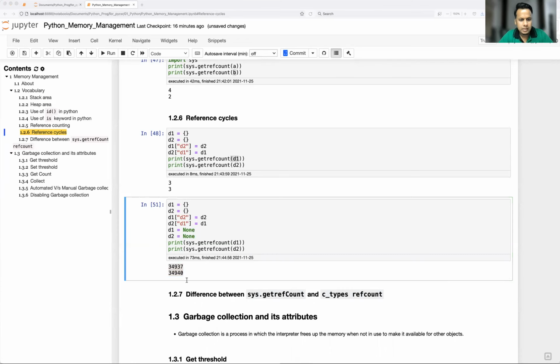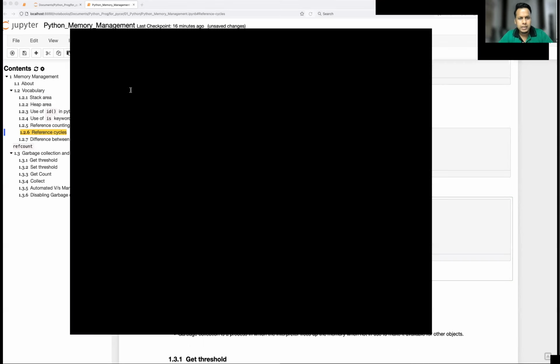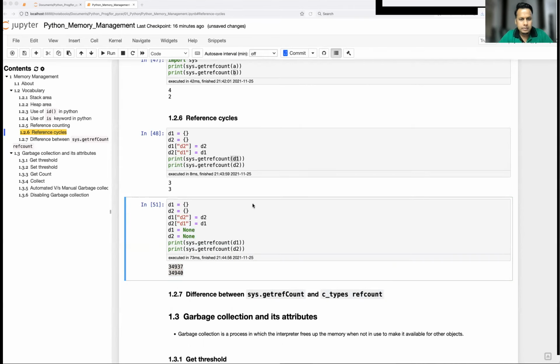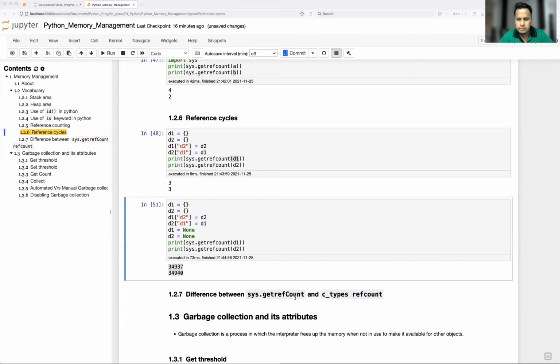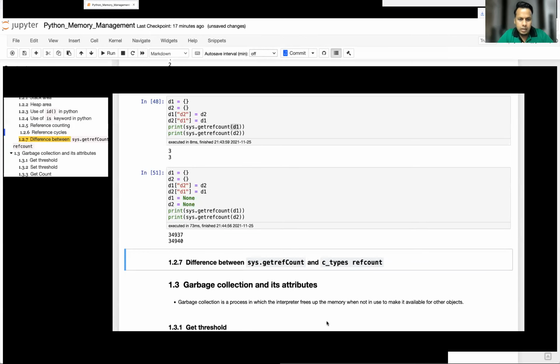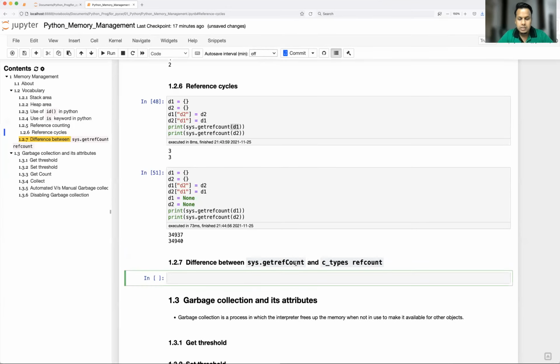Yeah, let's talk about this example under this particular topic. Okay, so as I mentioned, get reference count is always going to return the exact count plus 1, right?